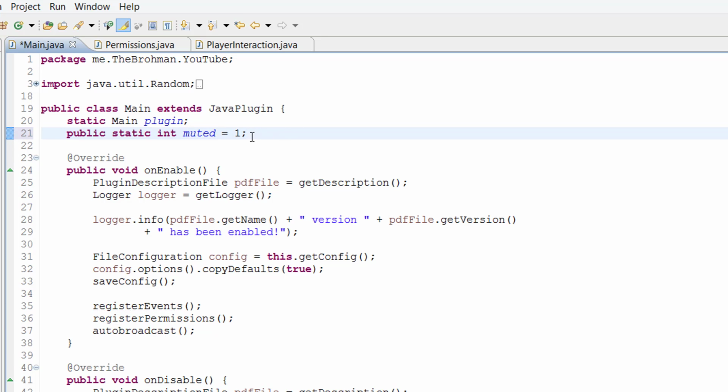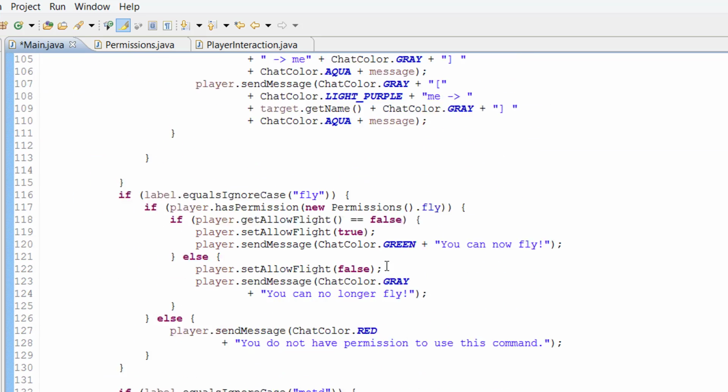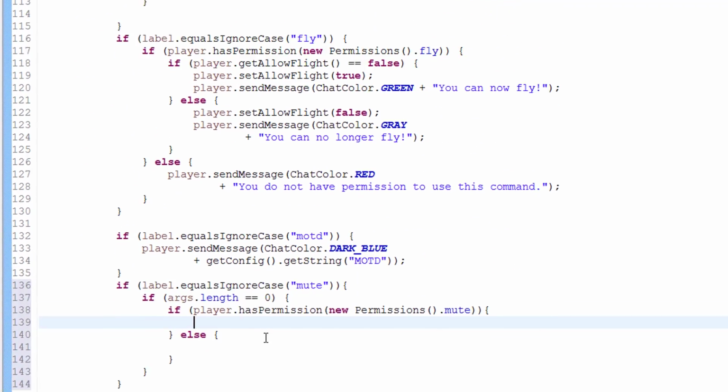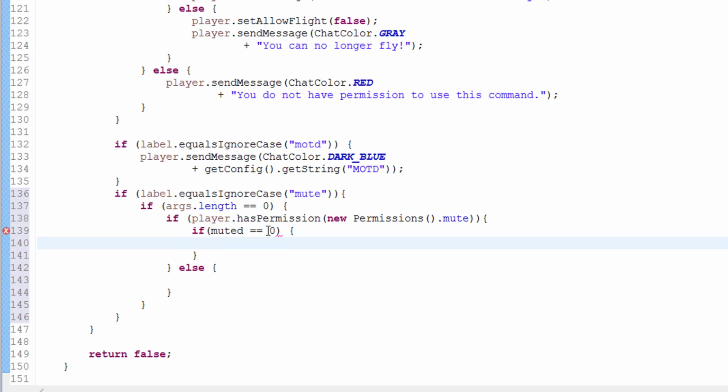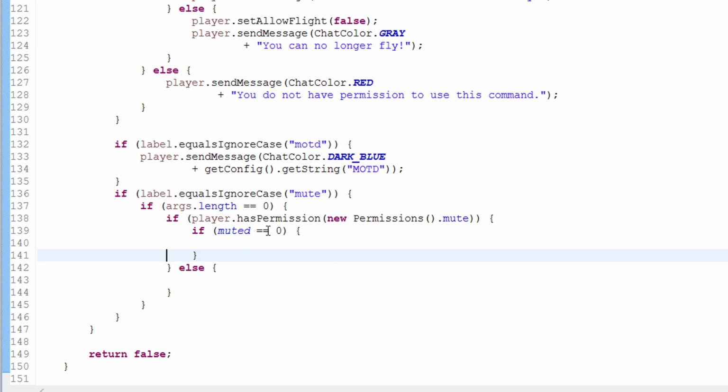Public static int muted equals 0. So we want to check if muted is equal to 0. So if it is not muted, then we want to do